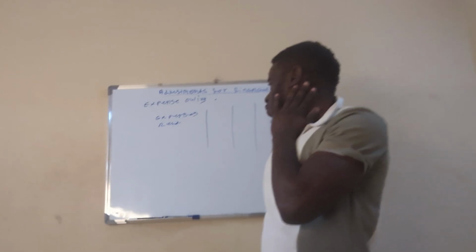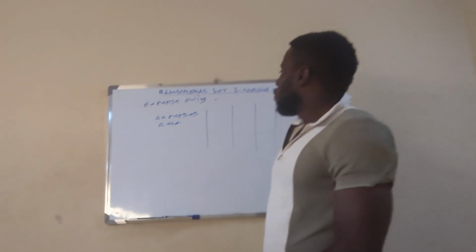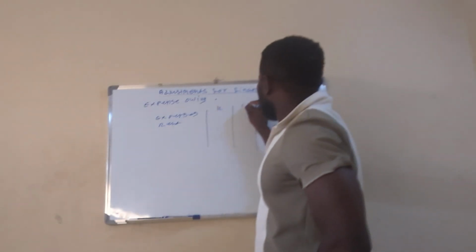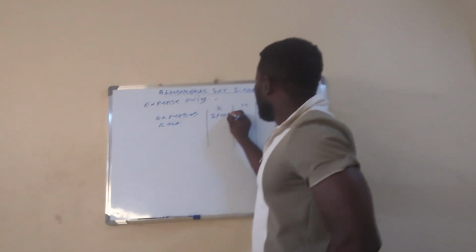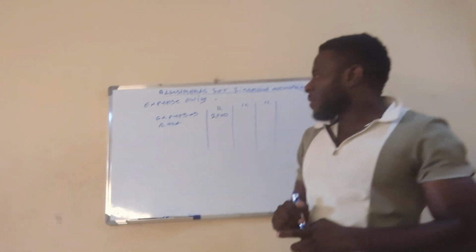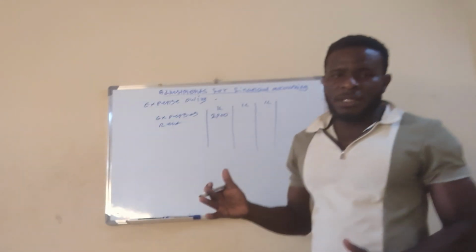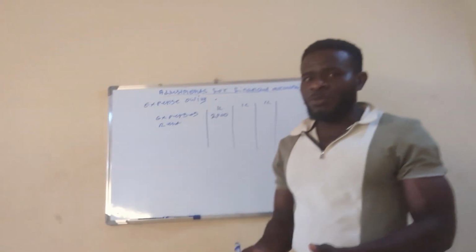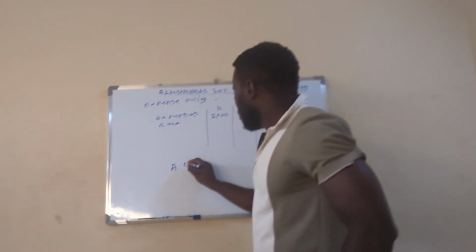So you are renting, and in this particular accounting period, you are supposed to pay maybe 2,000 kwacha for rent during that accounting period. And instead of paying the 2,000, you pay